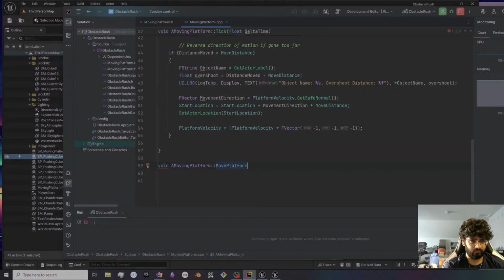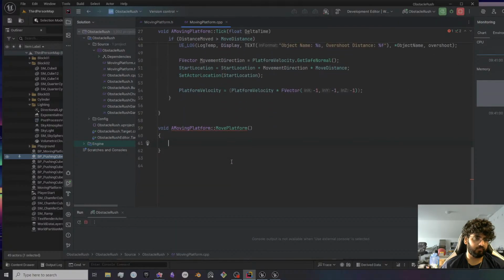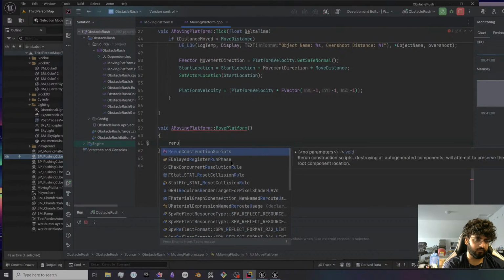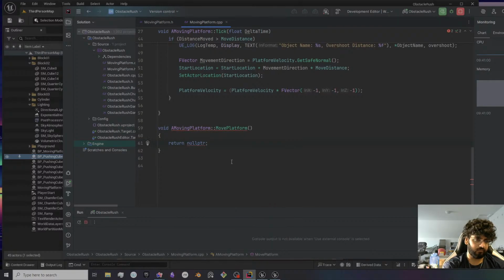Well, because being able to make a function call like this called move platform, it really speaks to what we're trying to do. At the moment we've got a lot of stuff going on in tick, and I'm not entirely clear why we are doing all this stuff if I just come and take a glance at it. If I went into tick and saw a function that says move platform, well then suddenly I have the context for what all this stuff should be doing, and I don't need a single comment to tell me what's going on. And this is going to be particularly useful when we add into the mix the possibility of rotating the